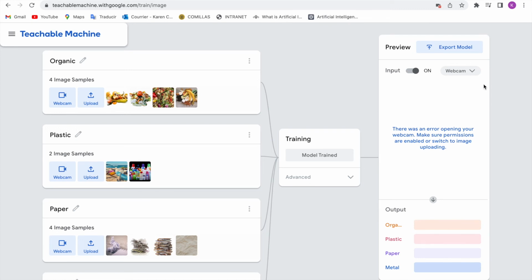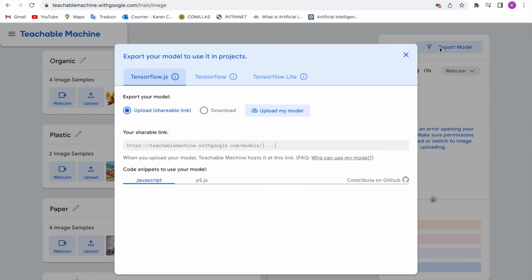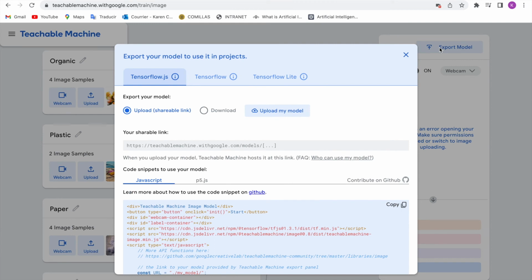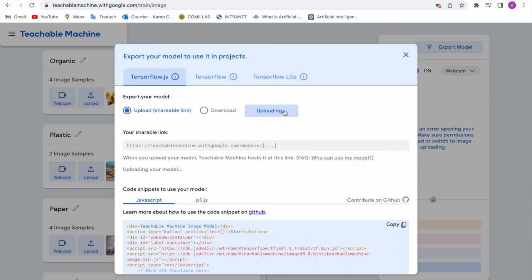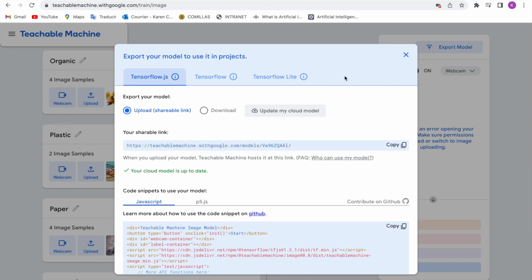So first, we're gonna export our model, as you can see here in the preview. We're gonna click export model, and we're gonna click upload. You see, we have two options, upload or download. We're gonna upload it, and we're gonna hit here, upload my model. And it's done. Now we can close this tab,